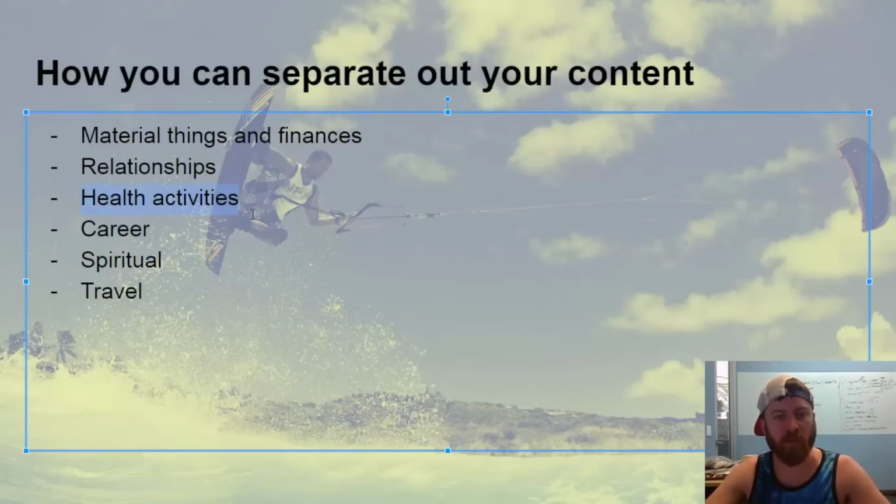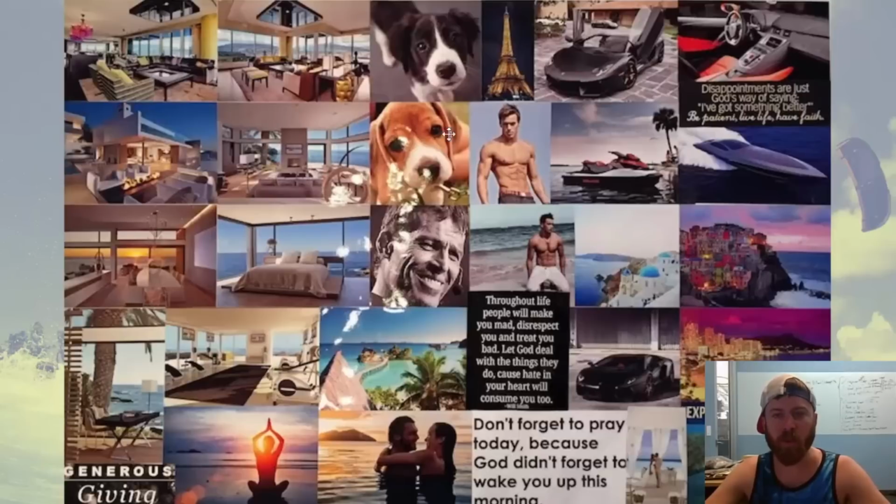Another thing I separated out my vision board into is health activities. Staying healthy is very important. As you see in Stefan's vision board, he put pictures of his physique here. Look at that. He obviously wants a six-pack, and he's achieved that. But maybe it's about eating healthy. On my vision board, I have images of healthy food. Greens, green foods, and nuts and berries, and health shakes, which is what here's a protein shake I'm drinking right now.